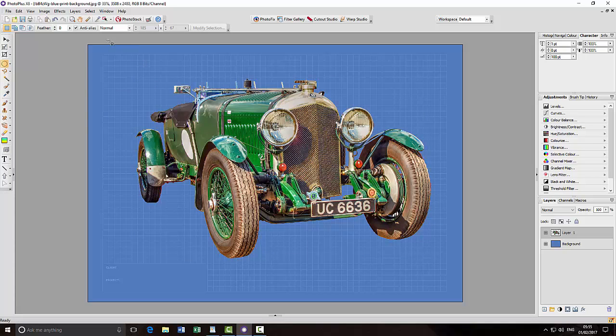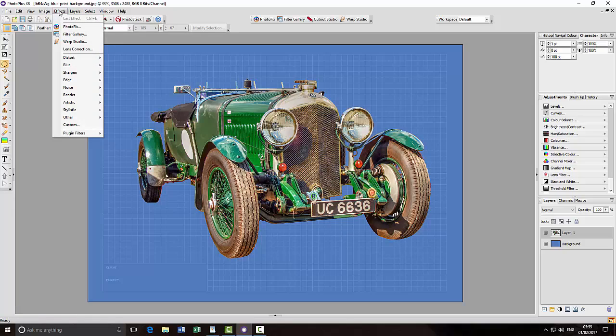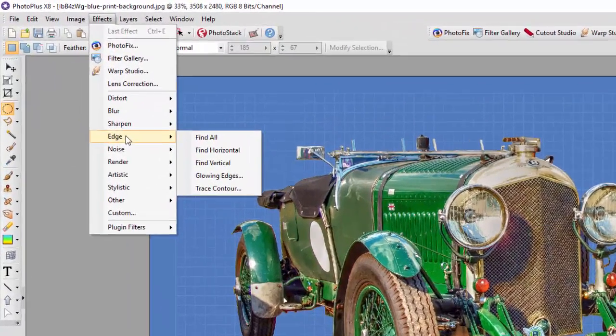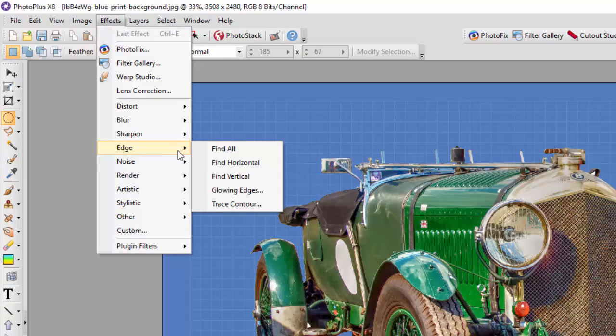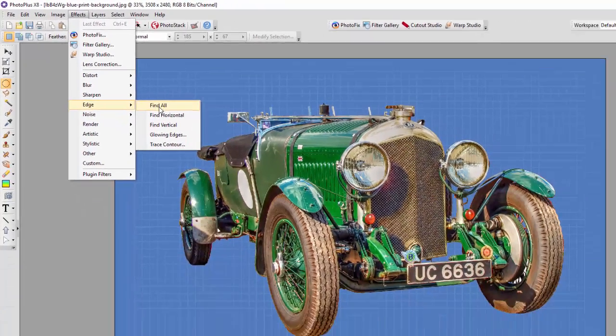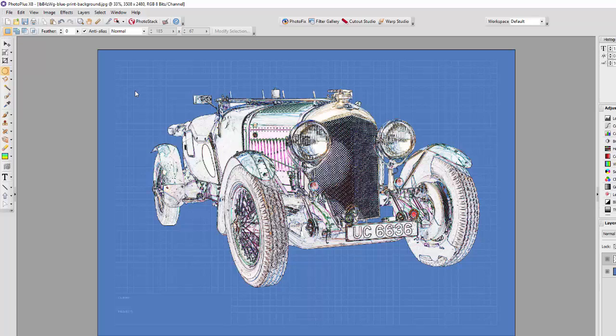So like before, we need to find the detect edges, and for this we come to effects, edge. Now you've got a few more options in PhotoPlus. You've got find all, find horizontal, find vertical, glowing edges, and the trace contour, which is not really relevant for what we're going to do here, but I will cycle through all of them, and you use Control and Z to go back and then try the next one. So find all gives you that. So Control and Z,